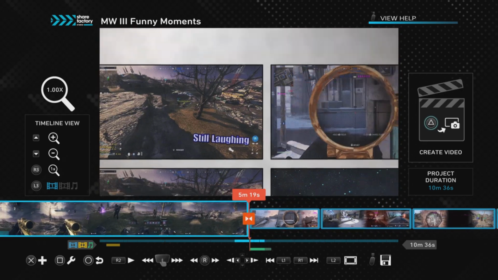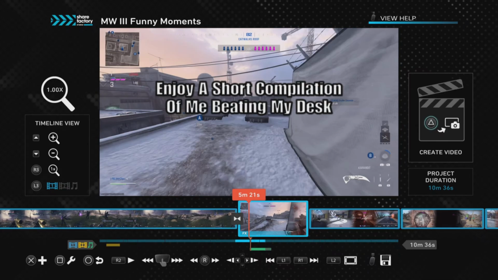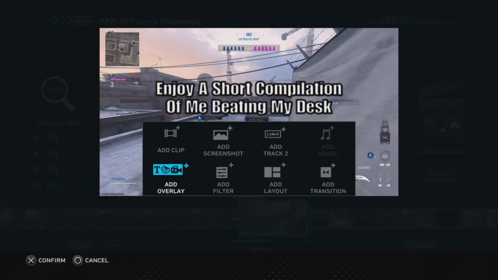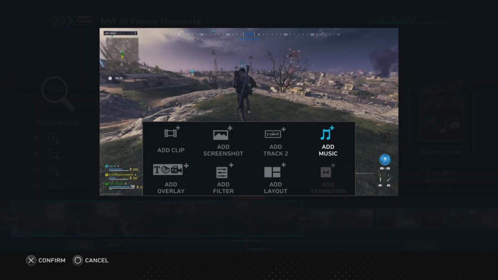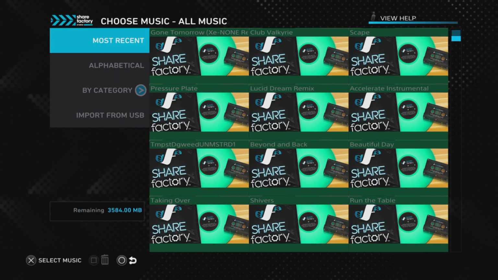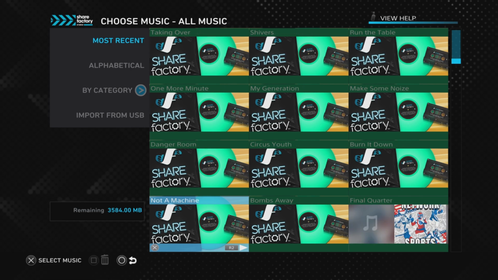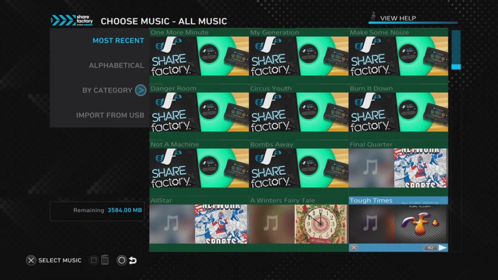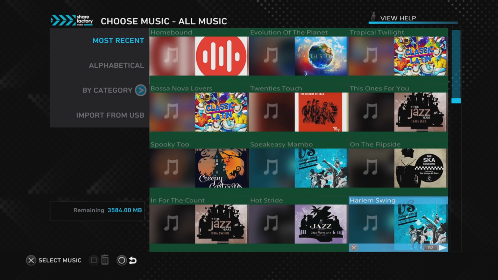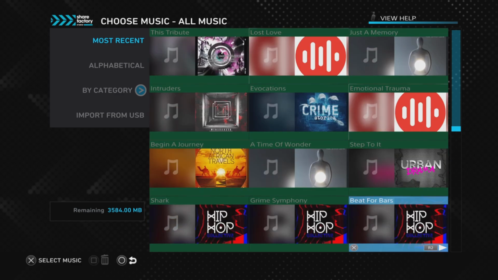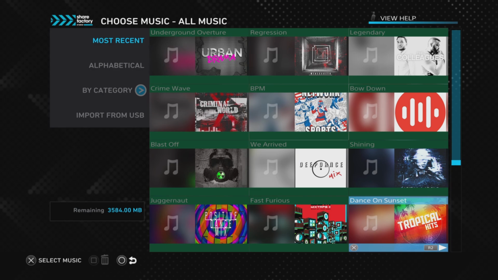Then right here, I played around with some of the music that they have, because they have some interesting stuff. Like this used to just be all the bass things right here, but they added so much stuff. Like, there is a lot now.